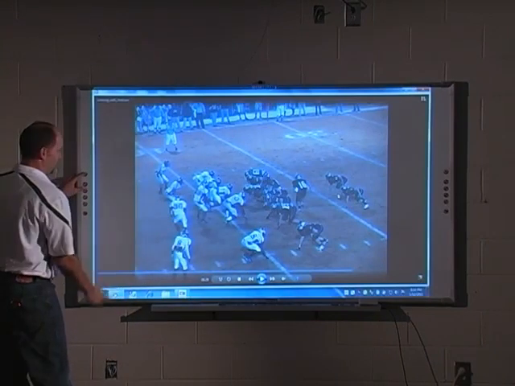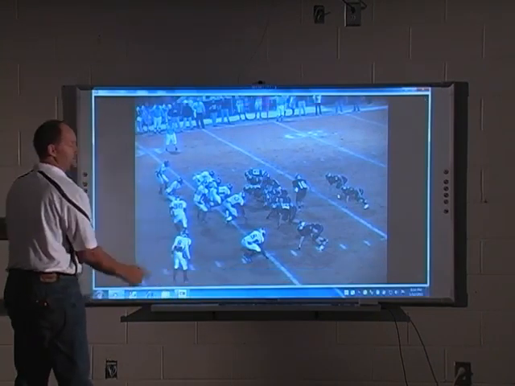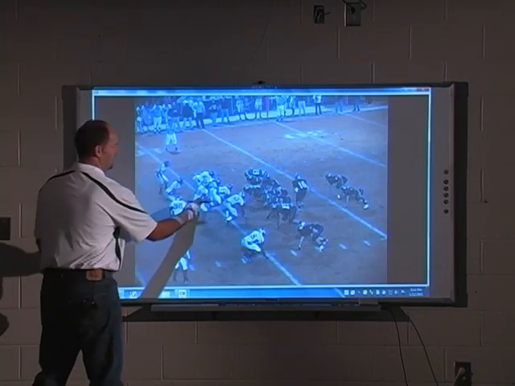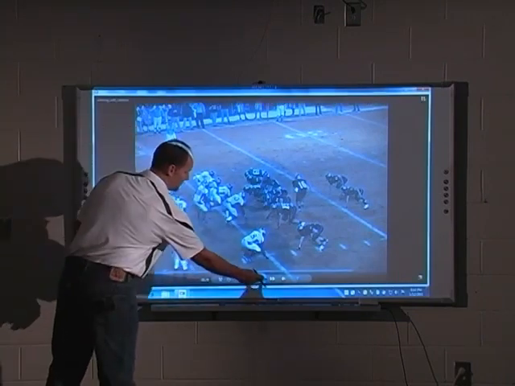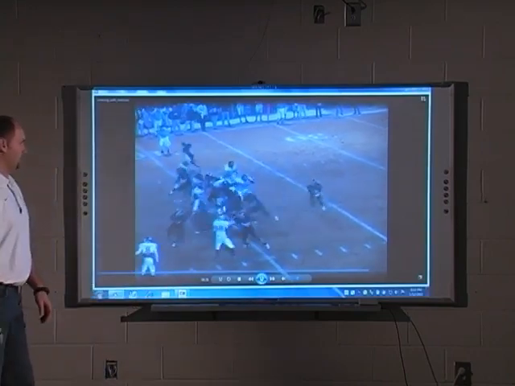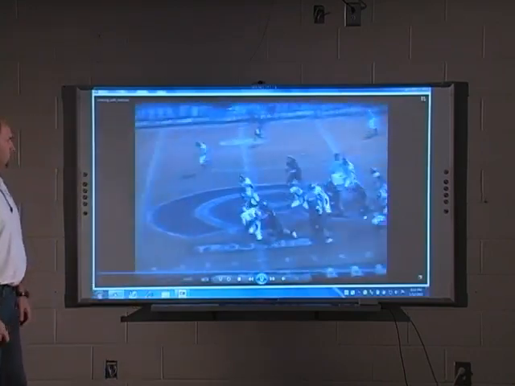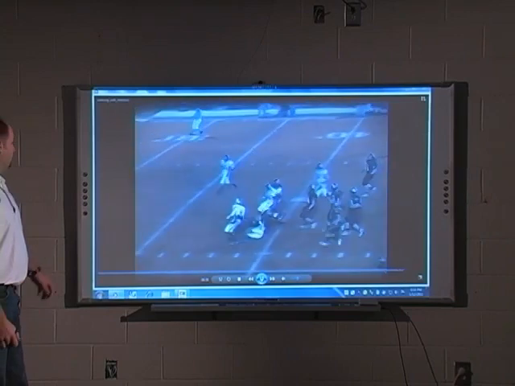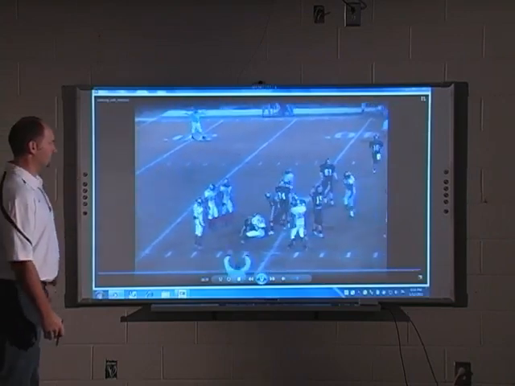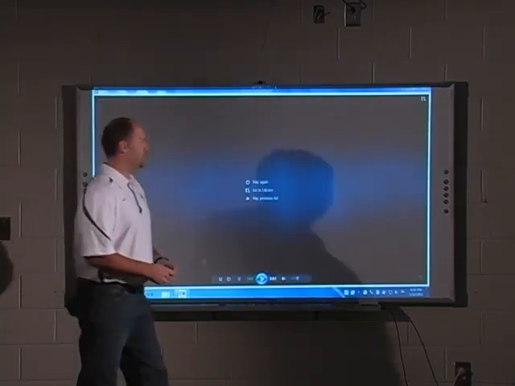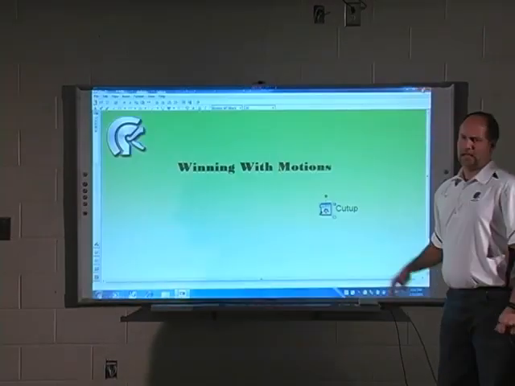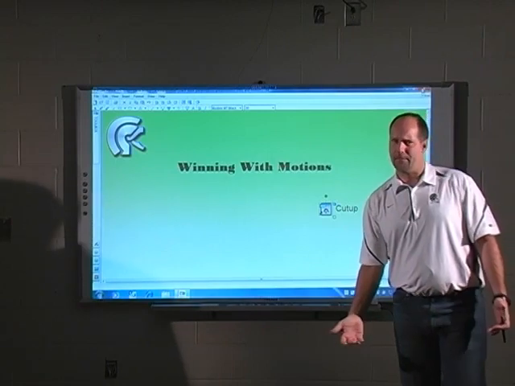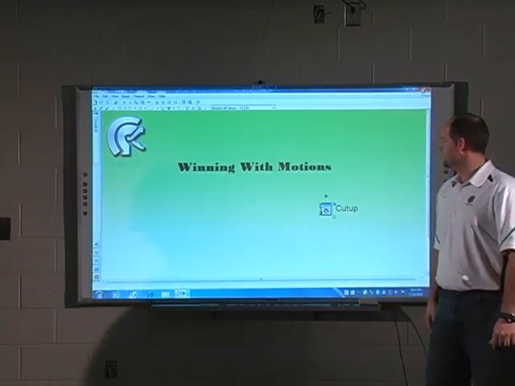You're going to see this guy goes in motion. Again, the corner bails, but to help us out this time, they're going to send this guy inside on a blitz. We're going to pick up a big play in a huge situation right here. Again, 4th and 2, 4th and 2.5. We pick up 21, 22 yards. We're able to go down, pick up a few more yards, and then also get a first down and kick a field goal to win the game with about a minute and a half left to go in the game.